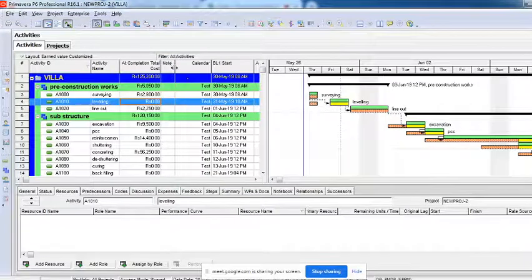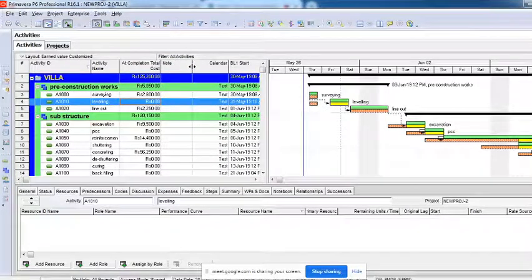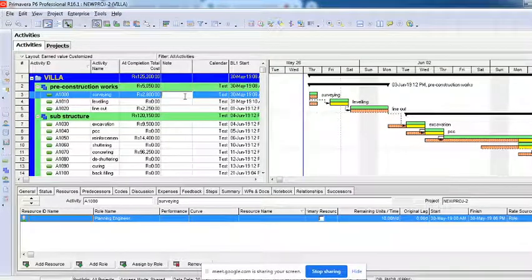You can see this note column has come here, and you can type because you have given text. I'm just typing a note of this particular surveying, whatever I feel like.